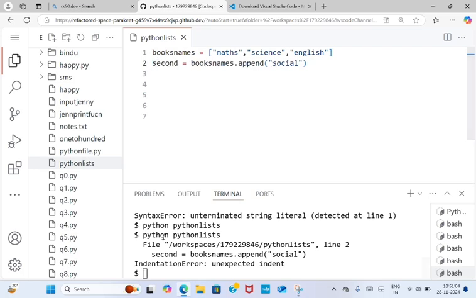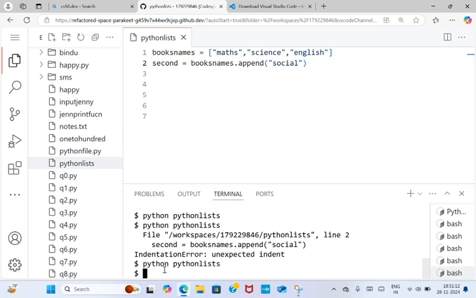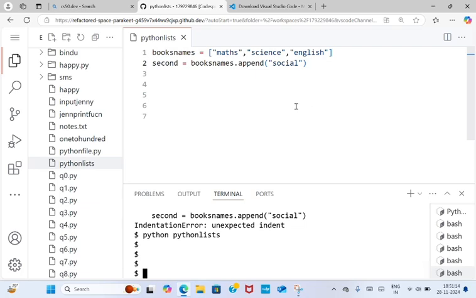Okay, but let us take a new terminal here. Terminal and new terminal. So now let us run this, python python lists. So now we can get like this. So let us see how to get a matrix. So here this is the first index,